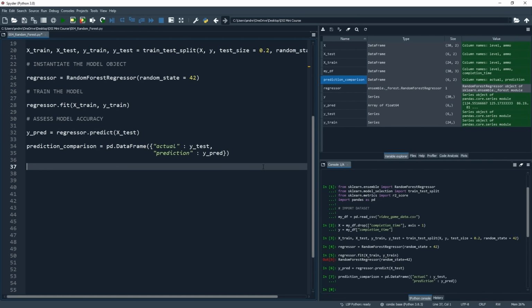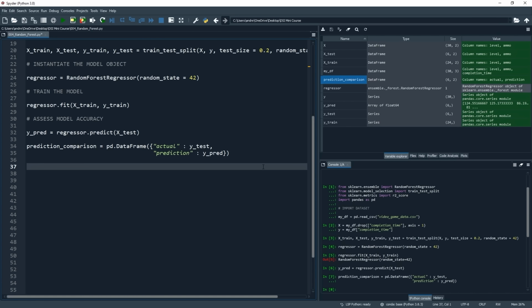Now, to give a little bit more detail on R-squared, it is a metric that can have a value between 0 and 1, with a value of 1 being a perfect model. In other words, it got every prediction exactly right, all the way down to 0, which means a completely hopeless model that has no predictive power whatsoever. So let's take a look at how we did on this metric.